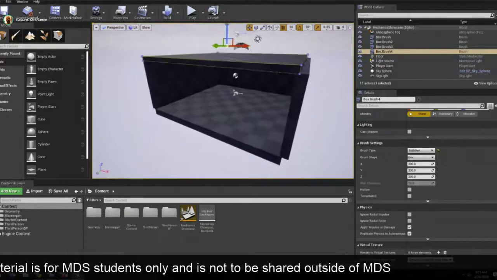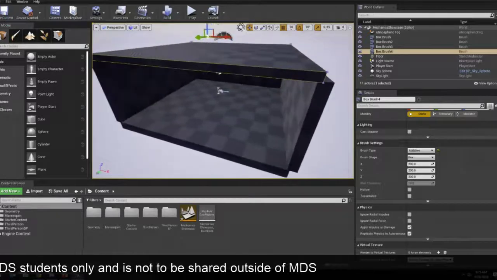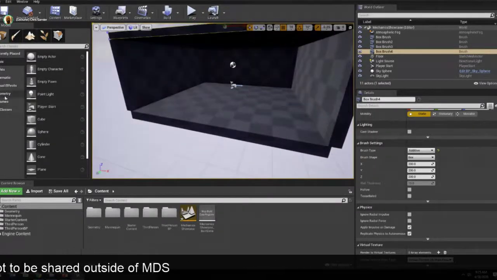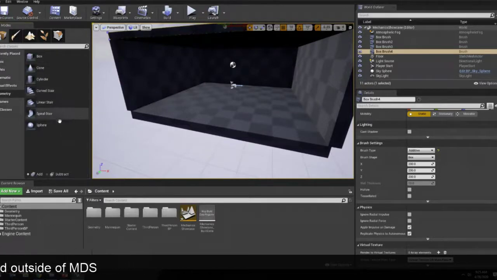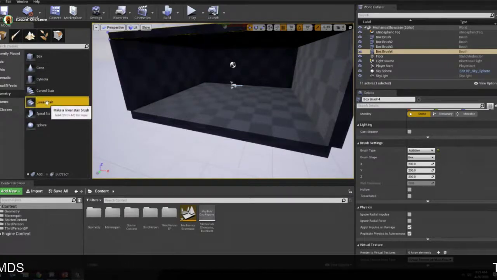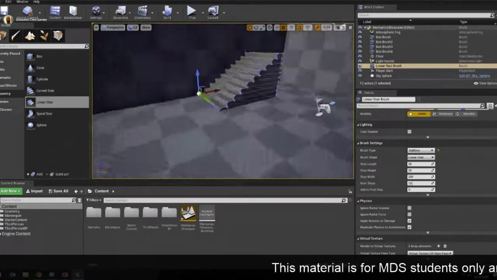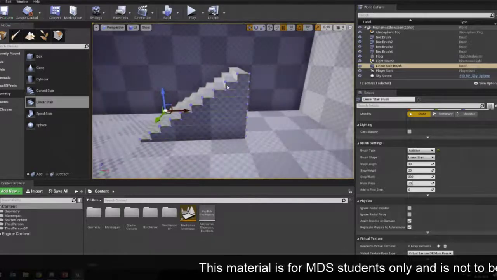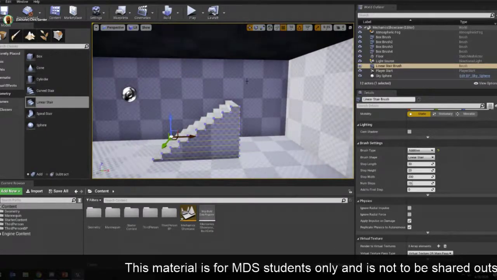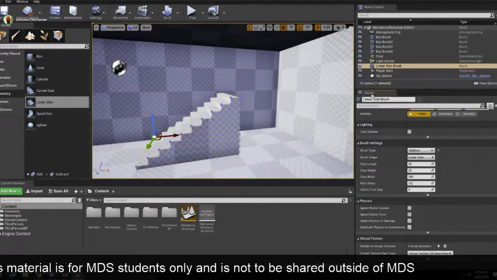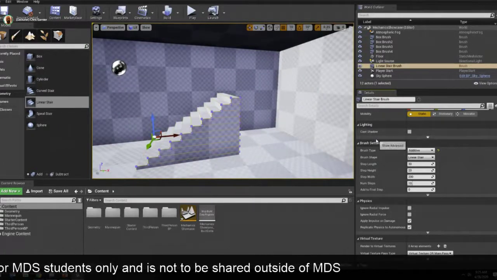Okay, so I've created the second floor, and now what I want to do is the staircase. So if I go to geometry and select linear stair, drag that over here. Let's say we're going to put it there. You can see that it's not high enough, right? So how do I change the height? Well, if you look in the details panel over there on the right, and scroll down a little bit to the brush settings,